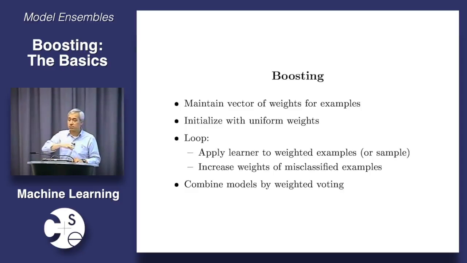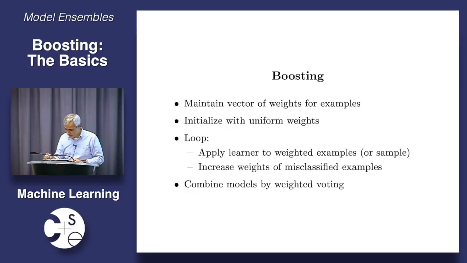If, however, you really have a black box learner that doesn't handle weights and you don't want to modify it, there's a way to do this which works almost as well, which is, again, the bootstrap idea. You sample from the training set, with replacement, but instead of sampling with uniform probability, the probability is the weight. The weights all add up to 1, and you just create a training set where the examples that had more weight are more likely to show up, and will show up more times. And the ones with low weight maybe will show up once or 0 times. So even if your learner doesn't take in examples with weights, you can still do boosting quite successfully.